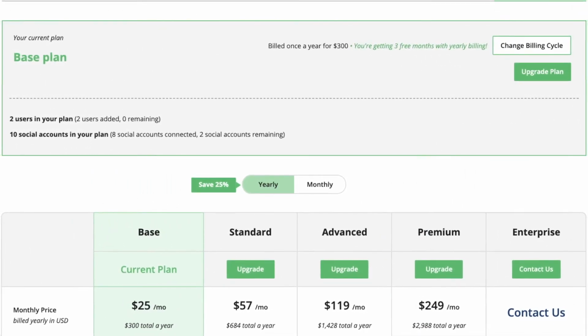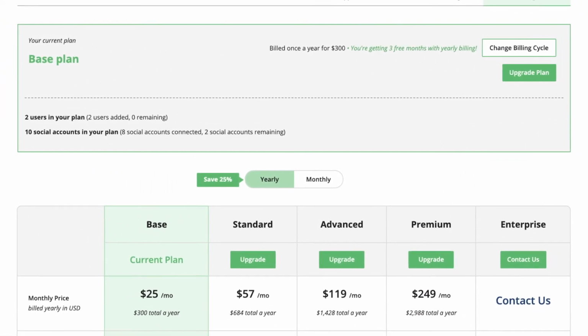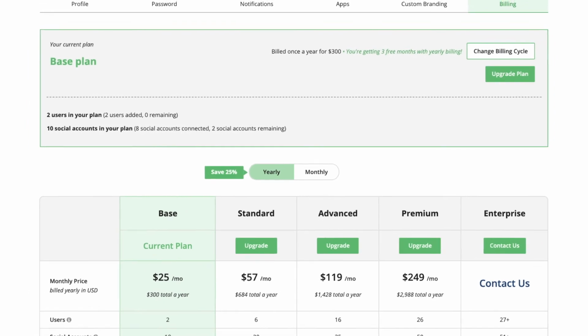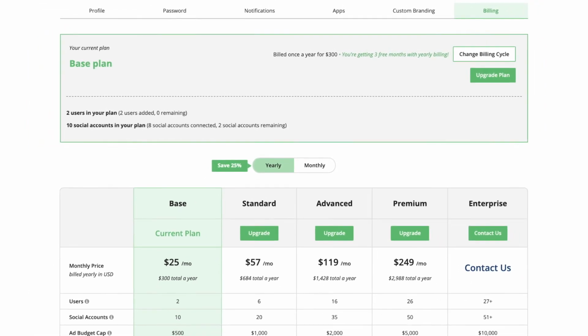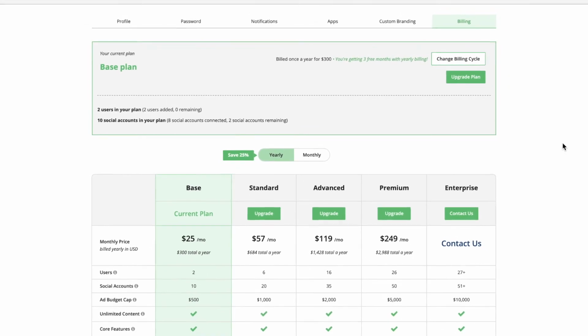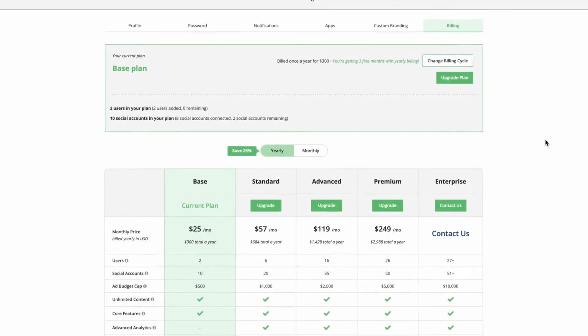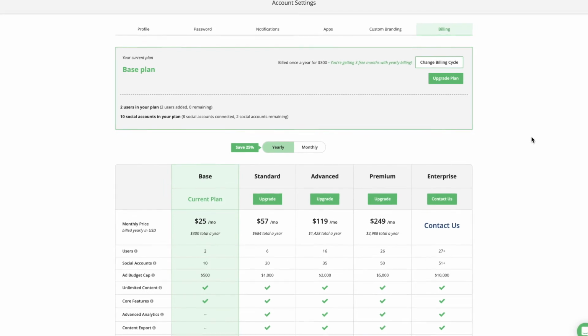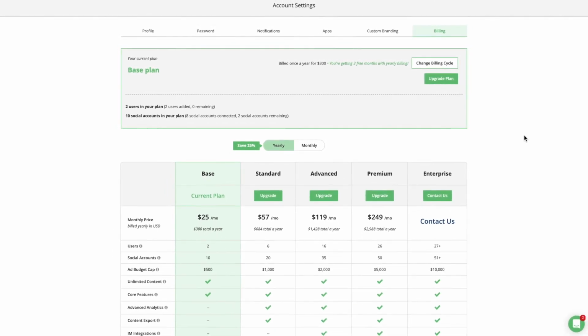When you need to invite more collaborators to your team, connect more social media accounts to your calendars, or access specific premium features, you can upgrade your plan at any time from this same billing tab. Upgrading is seamless for you, as our payment system automatically prorates any remainder from your last payment, so you never